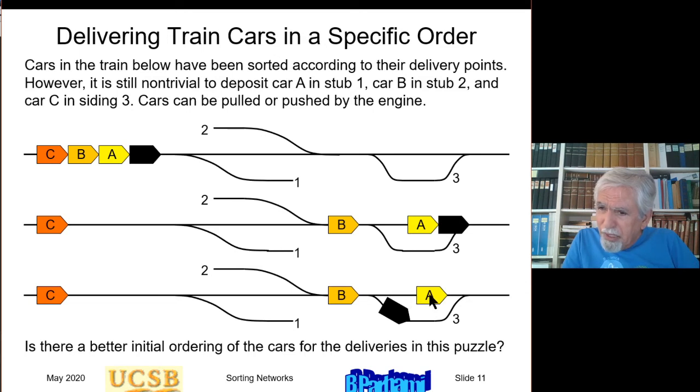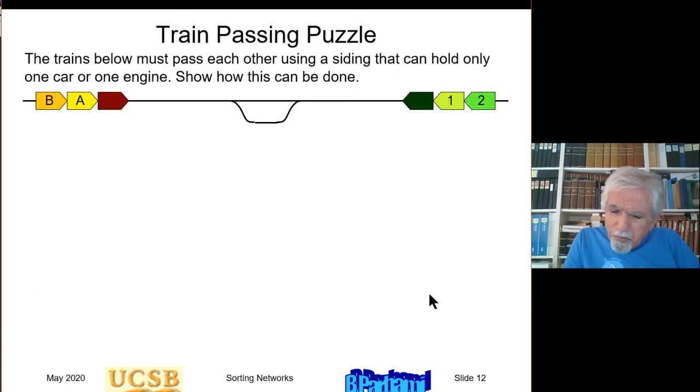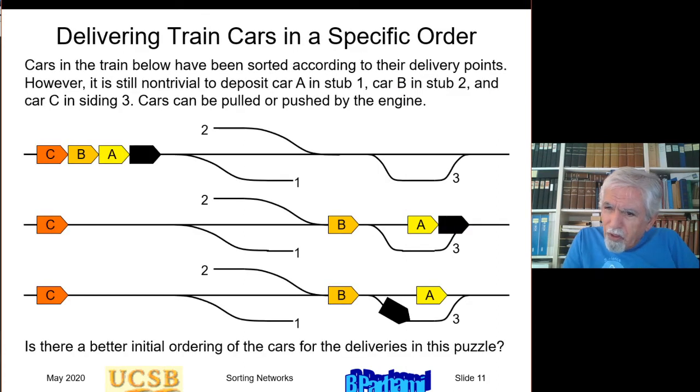Okay, so now we have the train: car A, car A, engine, car B. Now the engine, while pulling car A, pushes B into that siding, detaches it, and comes back, and then goes on the main track, now pulling car A backwards, okay? Then it pushes car A into the siding, detaches it, and then comes back, pulls car C, and